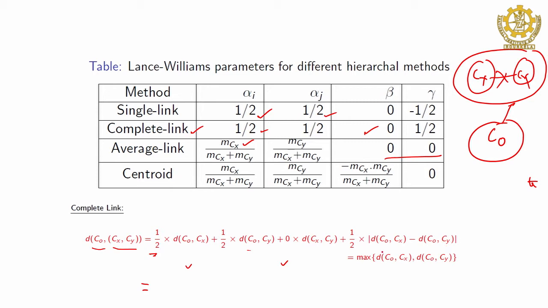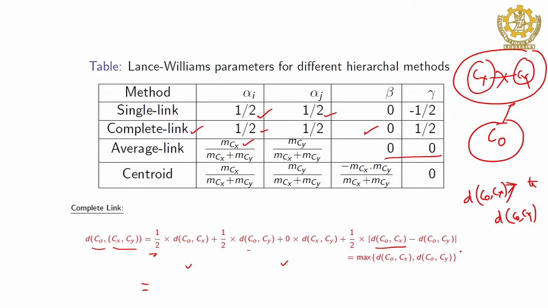Let us say the distance from C0 Cx is greater than the distance from C0 Cy. Any one of the two values, if it is 0, is a different case. The distance cannot be 0, because otherwise it is the same two points. So, this cannot be the same distance from C0 Cx and distance from C0 Cy. Okay, it can be, we will talk later. Now, let us say the distance from C0 Cx is greater than the distance from C0 Cy.